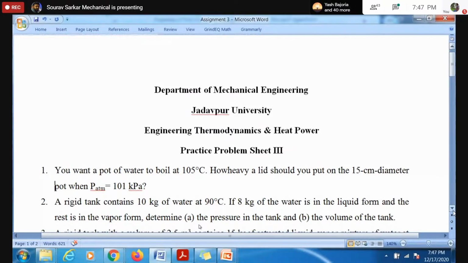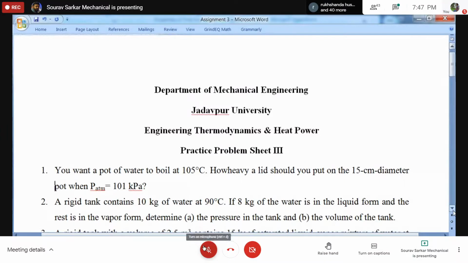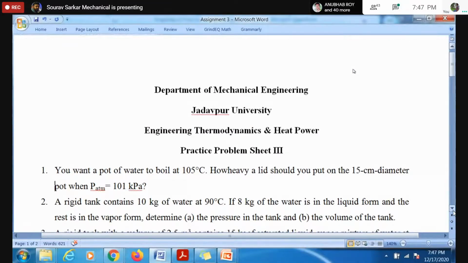Can we boil water at 105 degrees Celsius? No. At 1 atm pressure? No. So there must be some additional pressure. Sir, the answer will be 281.527 or something like that. Sir, 5.27 into 10 to the power minus 4 kg, I think. Sir, total pressure is 120.9 and is equal to 101 kilopascal plus the weight by area. Very good. So sir, mg by A.